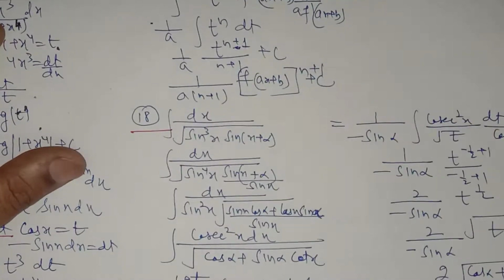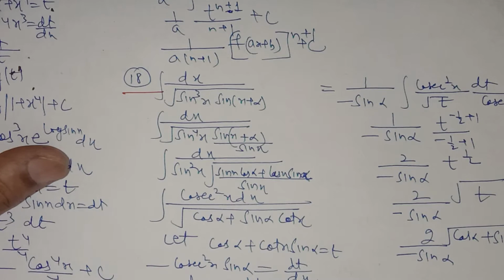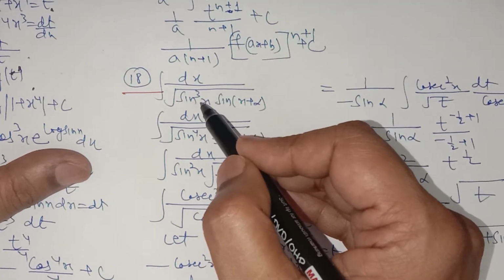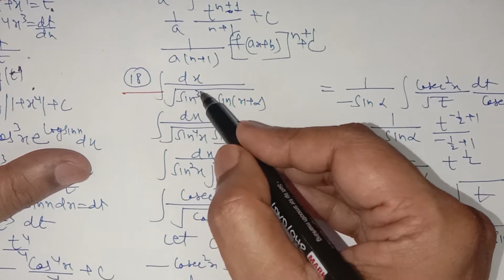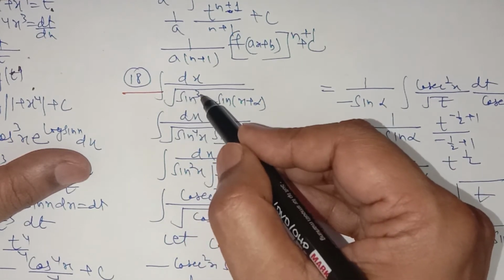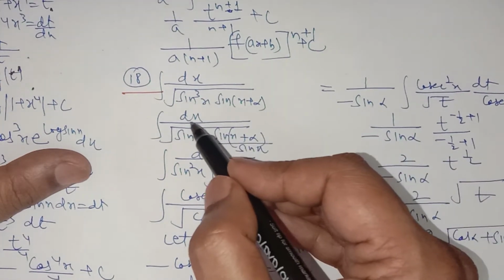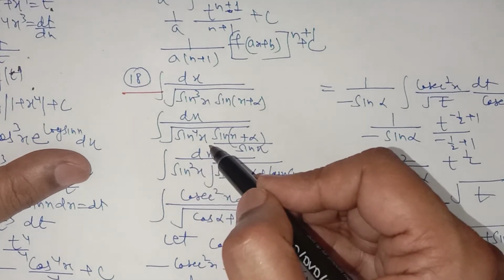Question number 18 is a somewhat different question, and a lot of arrangement is there in this. Now if you see it carefully, we have this sine cube, and we have the square root here, so multiply and divide by sine x. It will become sine to the power 4 x upon sine x. Take this sine to the power 4 outside the square root, and if you take it to the numerator, it will come out to be cosec square x.